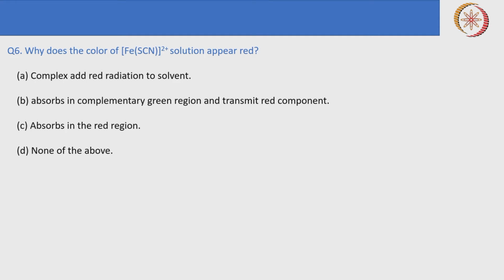so this is one question: why does the color of the FeSCN 2+ solution appear red? Okay, so basically if you see some color, when some compound absorbs, its complementary color is absorbed, and its corresponding color it will show. So basically if we see the color circle,